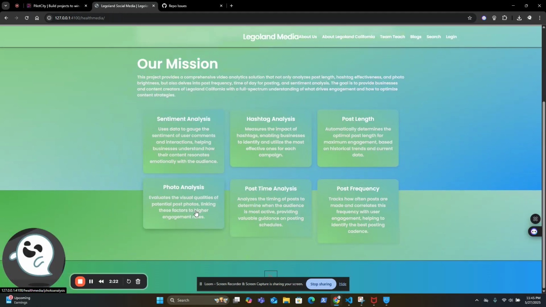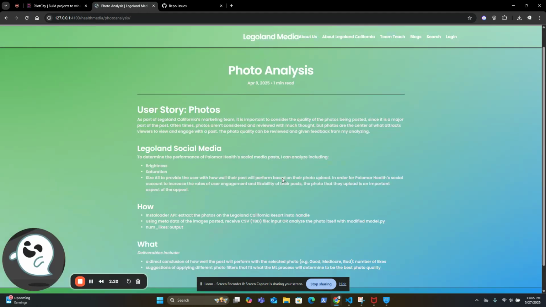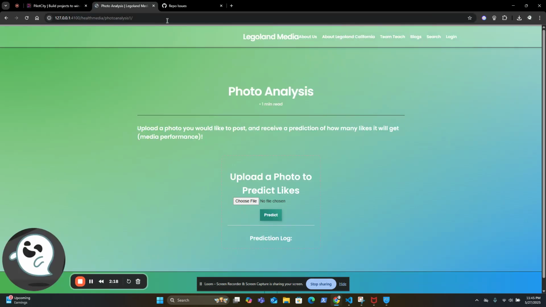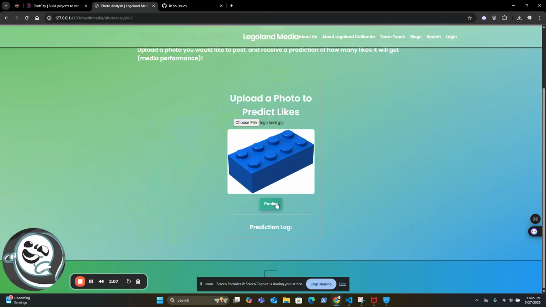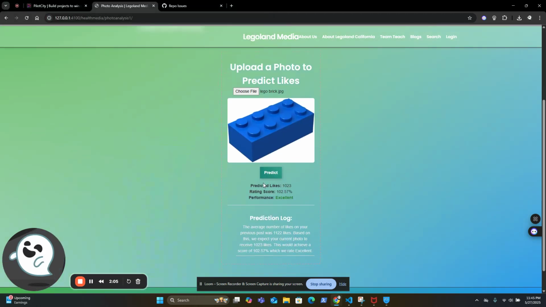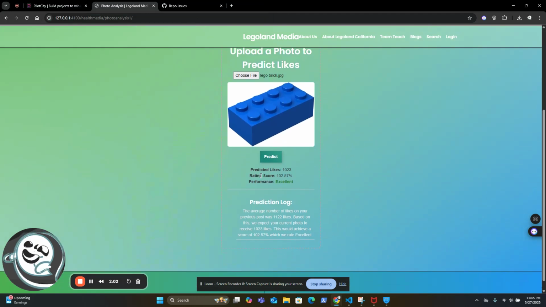Now, the next feature I want to talk about is the photo analysis feature. So this feature was made by our teammate Claire Lee. And how this works is you upload a photo and it'll predict the likes that you'll receive on this photo. So I have one stored. It's a photo of a Lego brick because we're in Legoland. And I'll press the predict button, and it'll predict 1,023 likes with a rating score of 102.57%, which means an